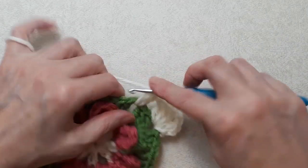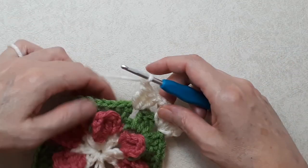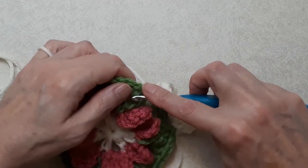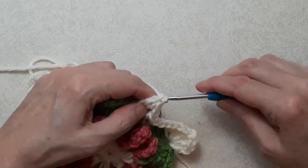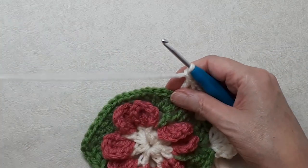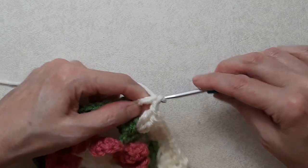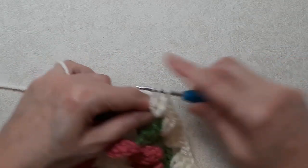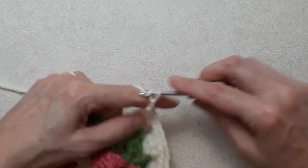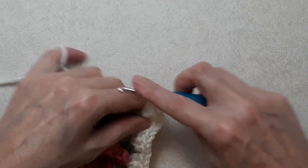Can't remember if I said to chain 1 coming out of there. Chain 1 coming out of the corner, set of 3 double crochets, chain 1, and then into the next chain 1 space, another set of 3 double crochets. And a chain 1, and now you're going to work the corner as before. So a set of 3 double crochets, and 3, and then a chain 2, and another set of 3 double crochets into that chain 2 space,